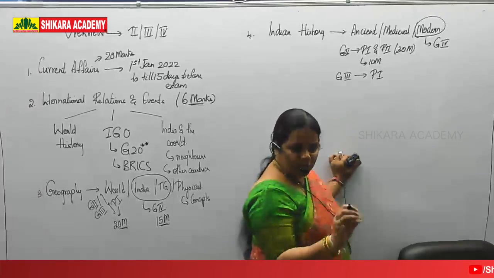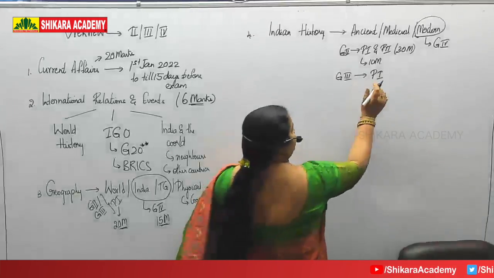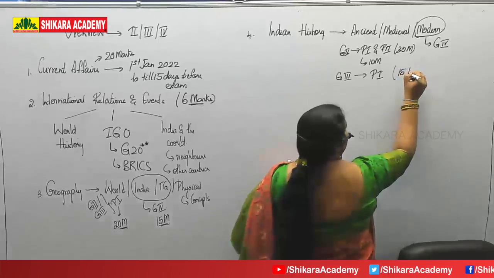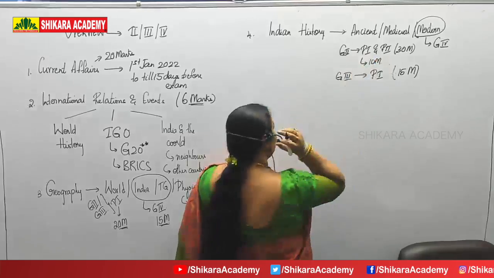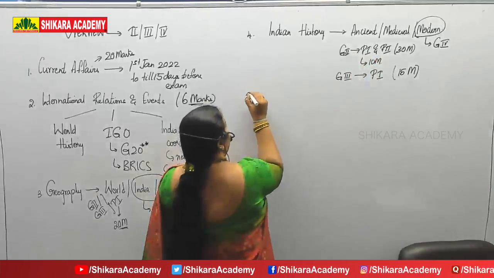Whichever area carries fewer marks, that should be given less time. Okay, for Group 3, roughly we can expect around 15 to 20 questions from Indian history. This is about how Indian history is given in your syllabus. Now the fifth area is